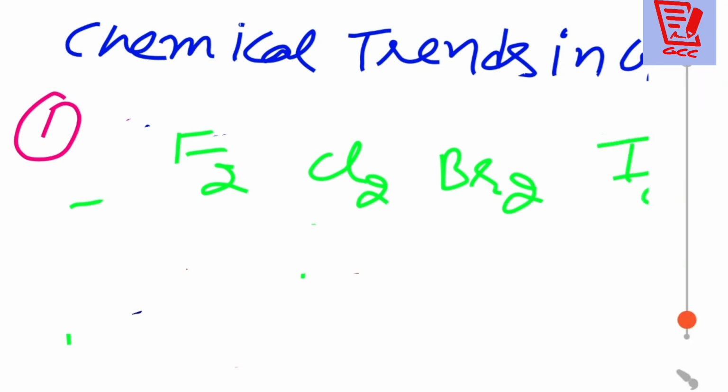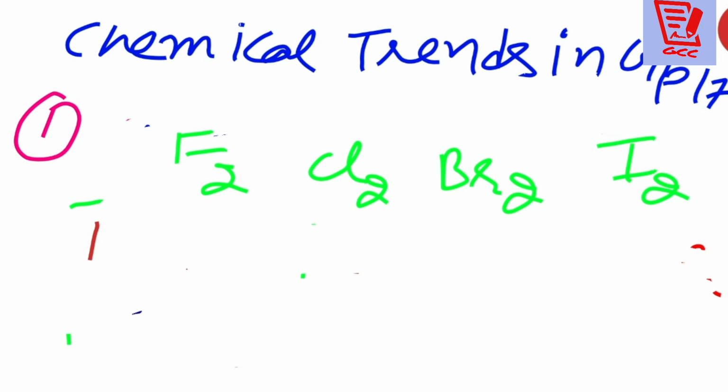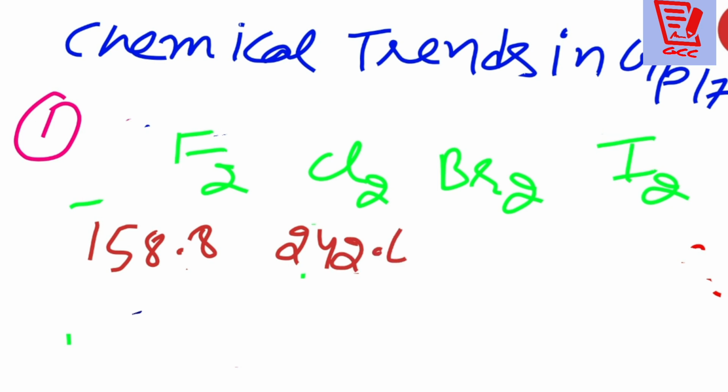You just see the values I'm putting over here. F2 is 158.8, Cl2 is 242.6, Br2 is 192.8, and I2 is